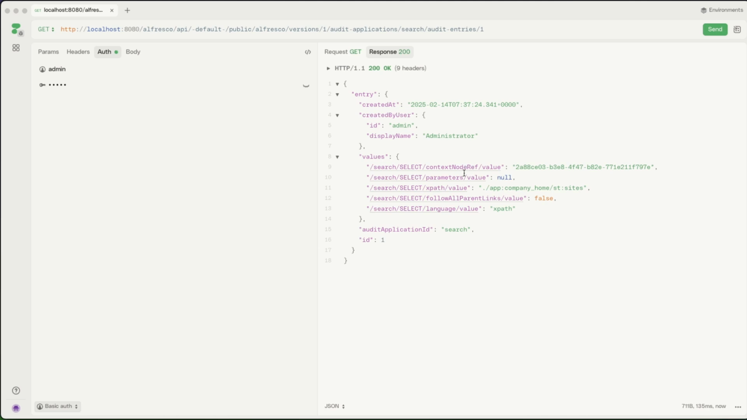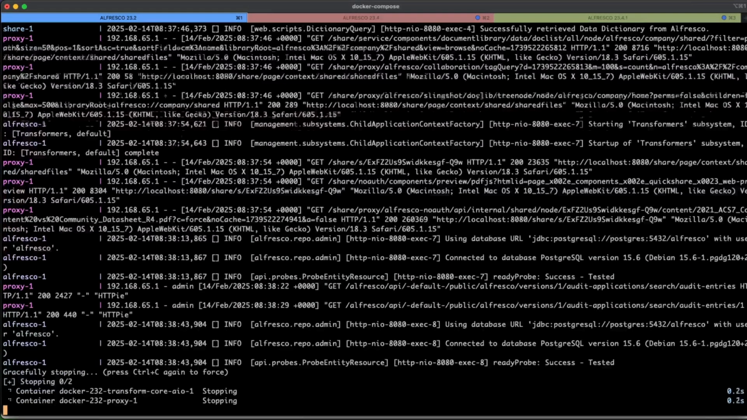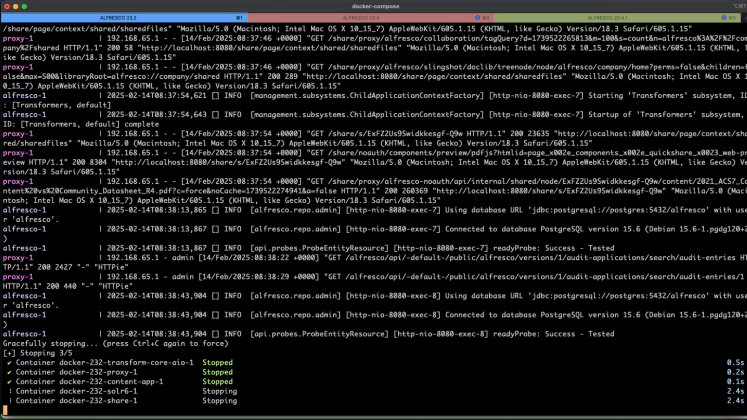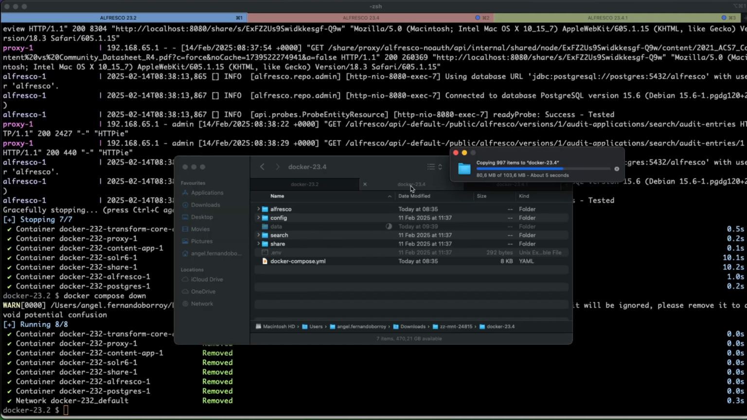Okay, let's stop this Alfresco version and let's upgrade the installation. As we are using Docker Compose for the deployment, we are going to reuse this data folder that includes the repository file system, the PostgreSQL data, and also the Solr data. So we are going to reuse this folder on a 23.4.1 version. So once we start this